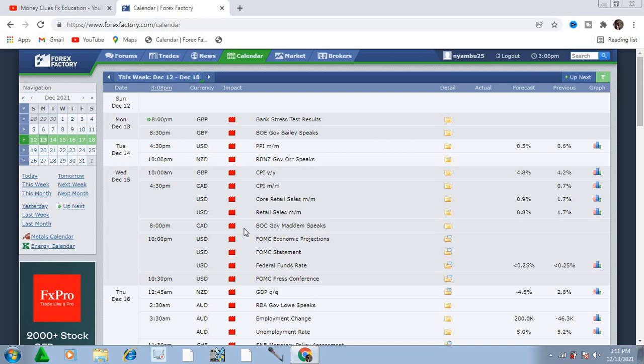Like today, I have GBP pair, and the GBP news will affect GBP USD. And why do we say you're supposed to be careful trading this pair when it comes to this event? I'm saying this because I know you've seen this when news are being released or we are waiting for news.